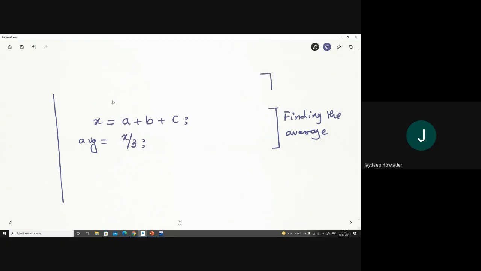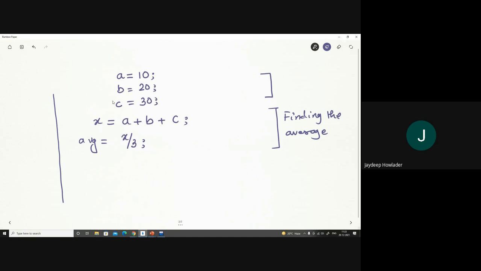Then we come to the initialization part. So there are 2 ways to initialize. First, we initialize these things with some constant values. Say a equals 10, b equals 20, and c equals, say, 30. Okay?